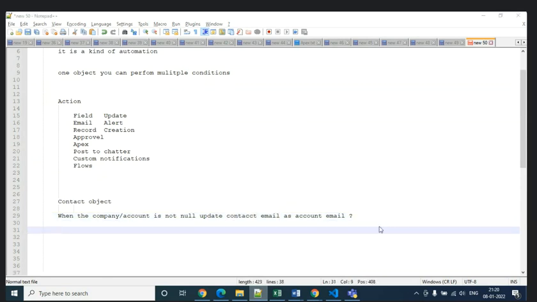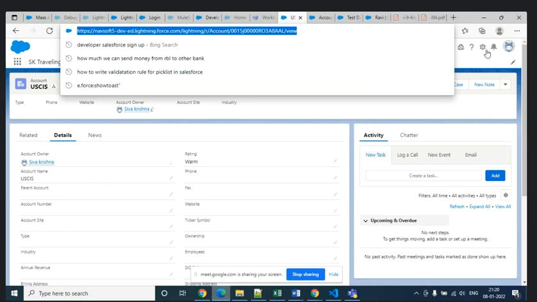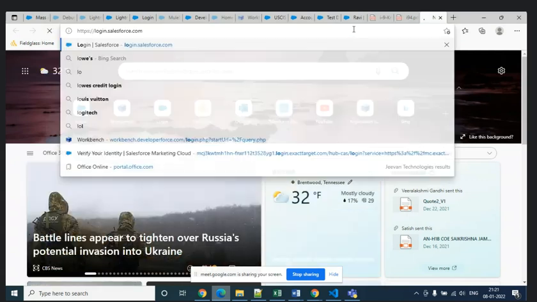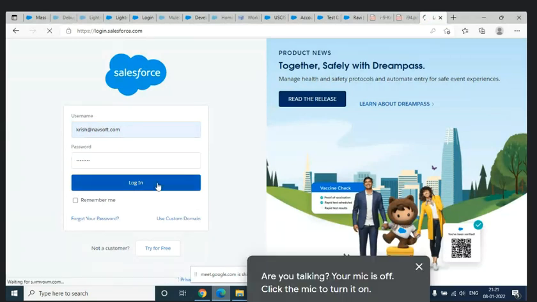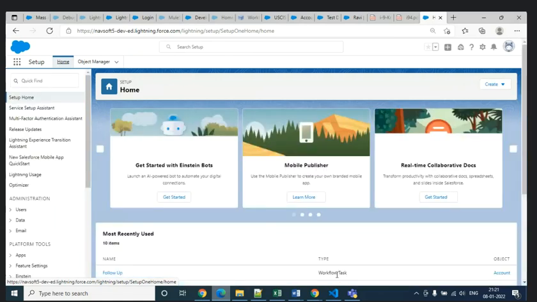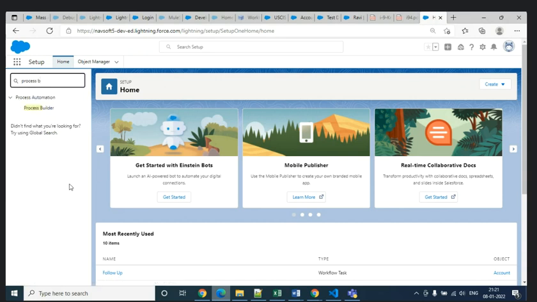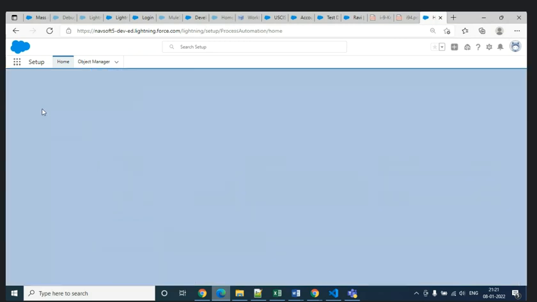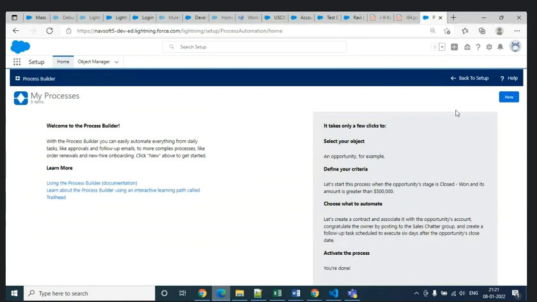How to do it? Go to the process builder. See here, this is the process builder place where you can do all these things.